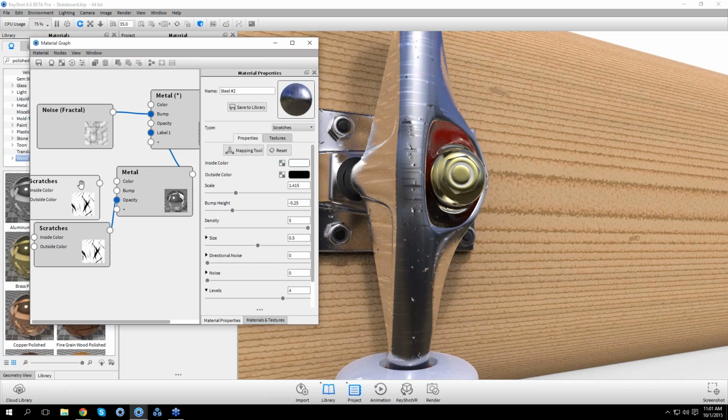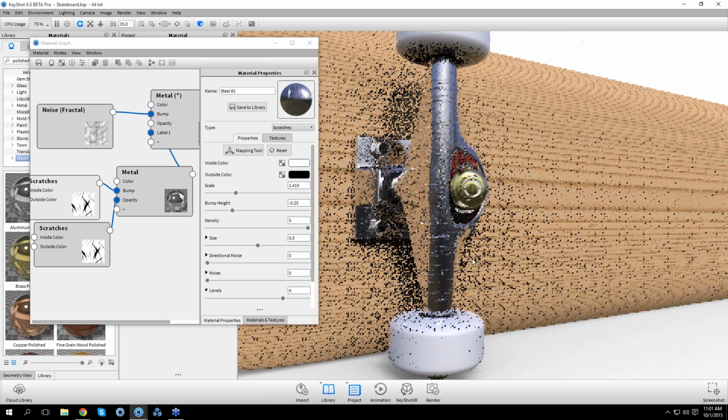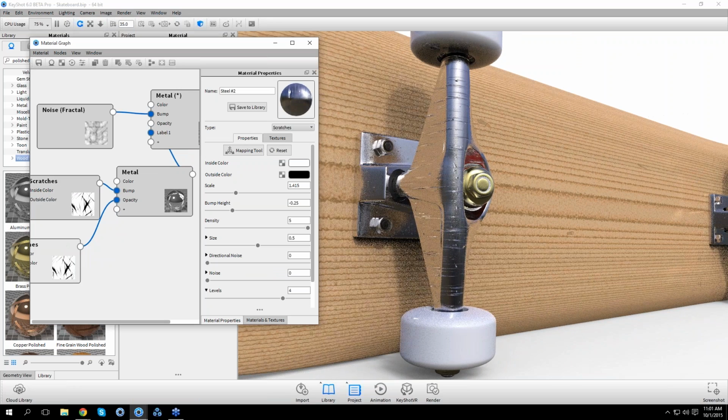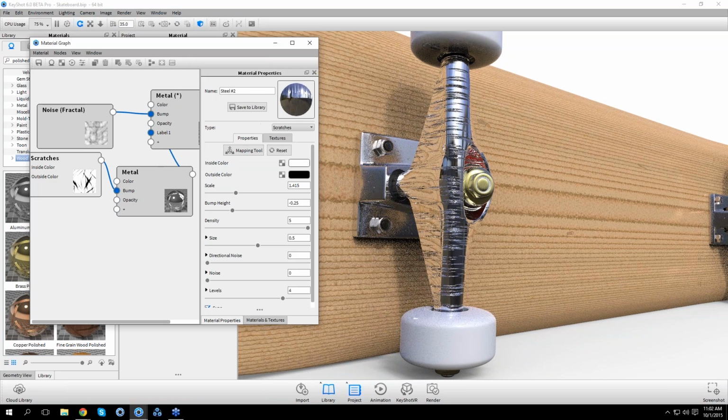Okay, so now you can see the scratches are all over that part. So we need to define the opacity of those scratches. Actually, that's why it wasn't working. We just defined the bump with the scratches,